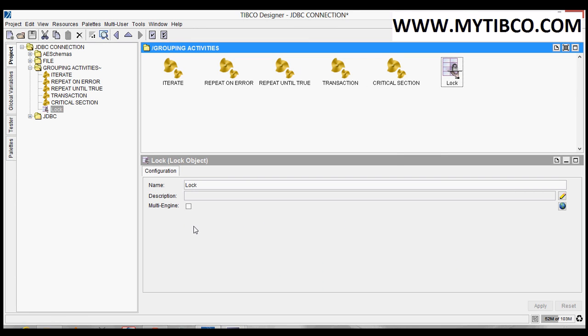If you want this resource to be shared or used by multiple engines, then we have to select multiple engines, so that this lock object will be persisted in the database, and the two engines on two machines can access the same database to acquire this lock. That's why there is a multi-engine option.